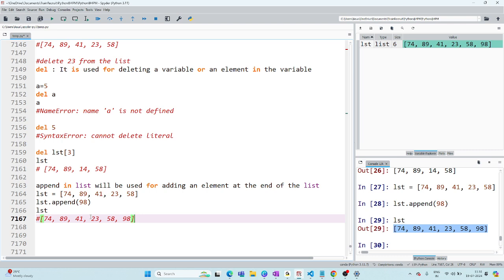So can I use append for a string or different things? No, I can use append only for list because it's a property of list. For str and other things we cannot use it. Clear or not?